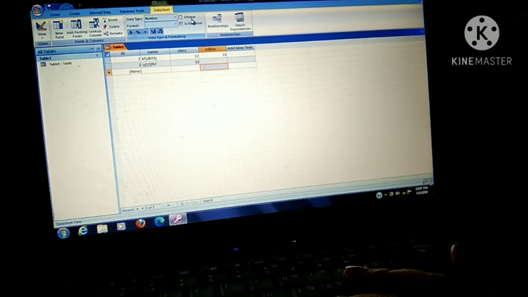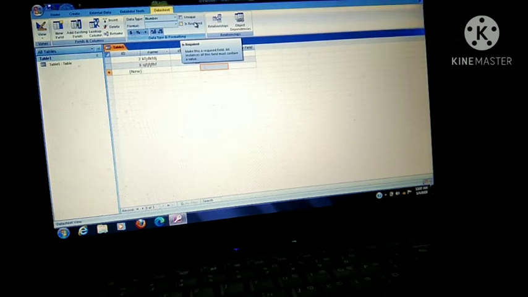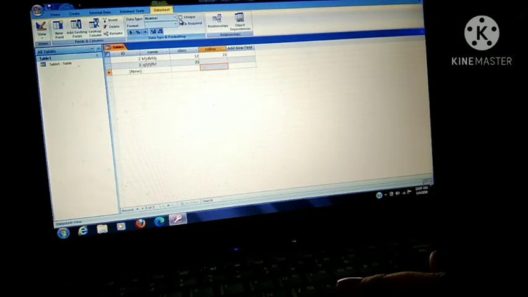You will check here it is written Unique, and here it is written Required. If I click here, you will check that two check boxes are here. I am selecting this Unique. Unique means it does not contain